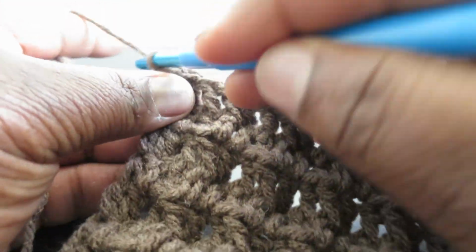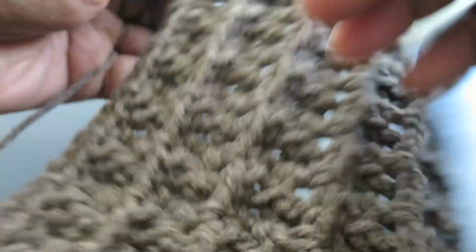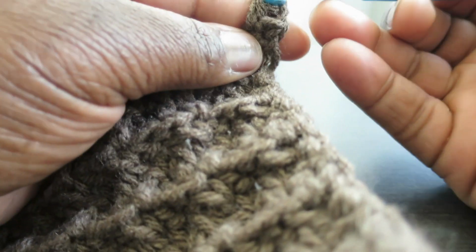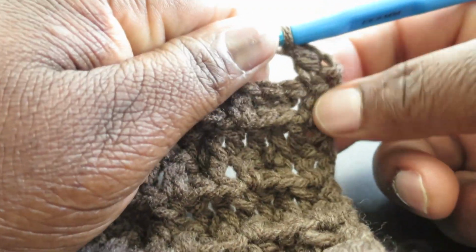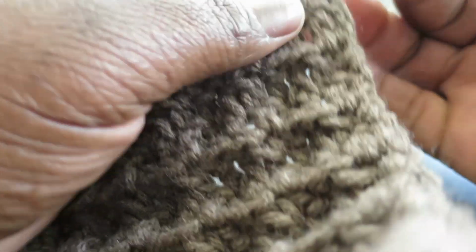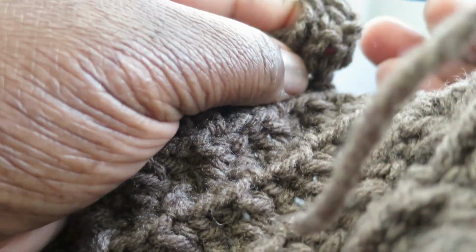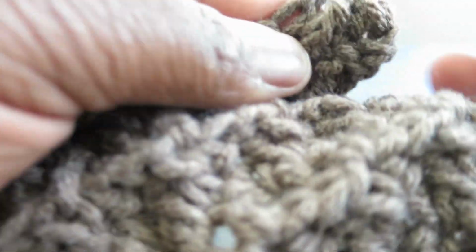So just remember that, 1 front post, 2 double crochet. Now I'm going to chain my 1, turn my work, and then put that first double crochet into that first stitch, because that begins every row. And now I'm going to begin the pattern. Remember, it's 1 front post, 2 double crochet,